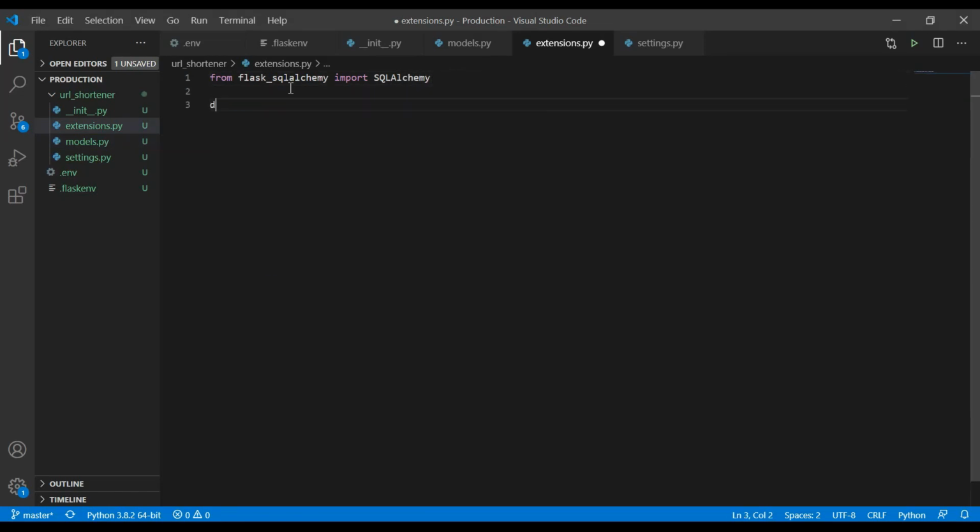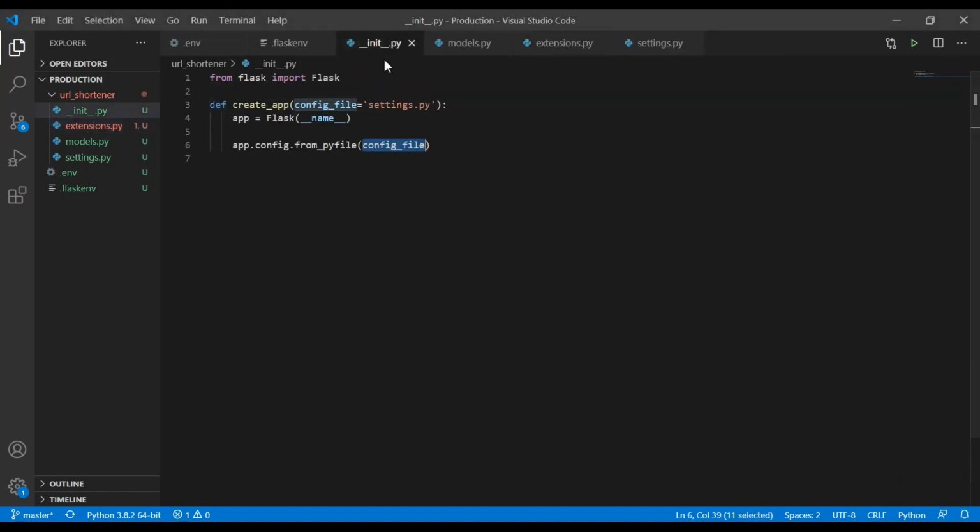And now we just need to initialize our database by calling the constructor SQLAlchemy and close the parentheses. Okay, now since we have initialized the database, let us return to the init file